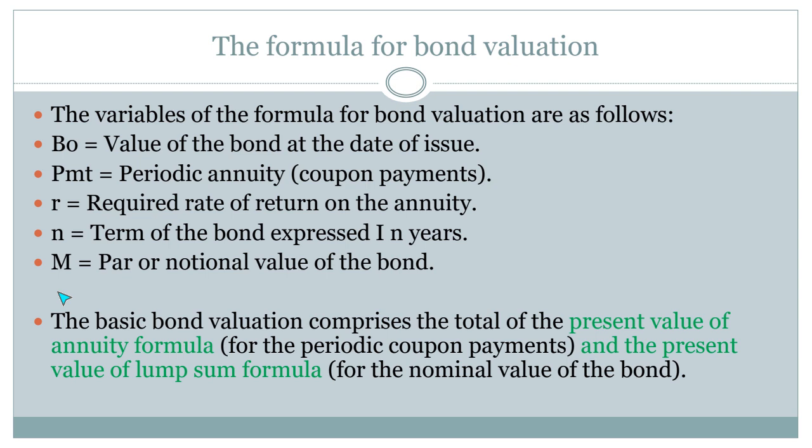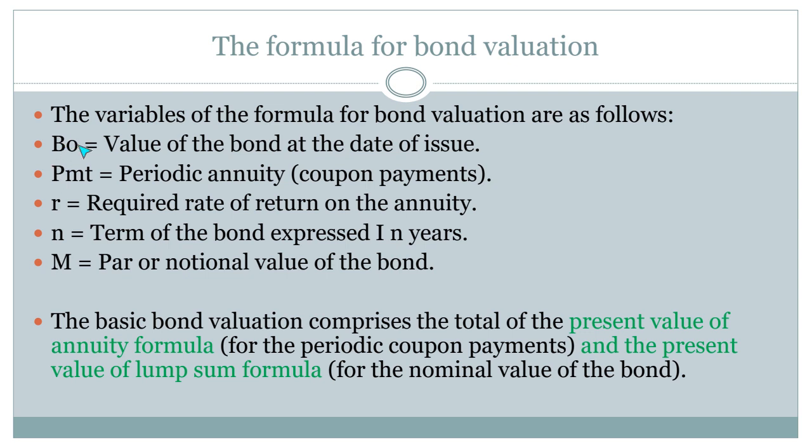And you'll see they've got the formula printed in the textbook, and they've got it neatly shown as well with a bracket showing that after the equal sign and before the plus sign, that part of the formula is the present value of an annuity formula, and we're going to use that to value the present value of the coupon payments. And then after the plus sign, where we've got the capital M multiplied by, that is our present value of a lump sum formula, and we're going to use that to calculate the present value of the maturity value